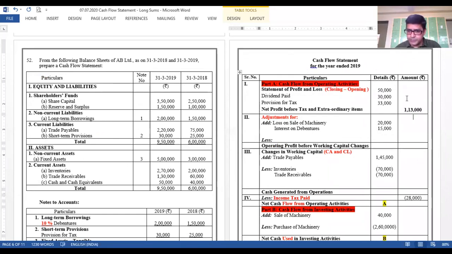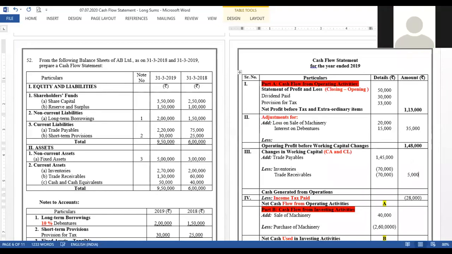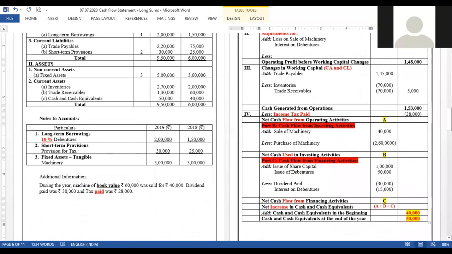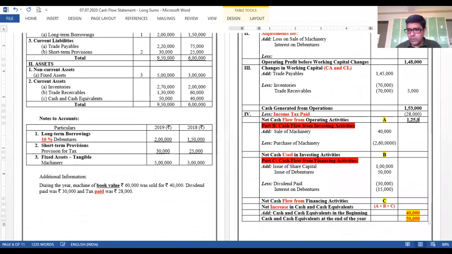Okay, over here, this is 35,000. We added, so this will be 148. After 148, do the plus minus and tell me the net amount, how much will it be? 145. 5,000. That's correct. 148 plus 5 is 153. Out of 153, 28 has to be deducted. 120. 125. 260. Achha, 10 is more, isn't it? 2,60,000 minus 40. So that will be